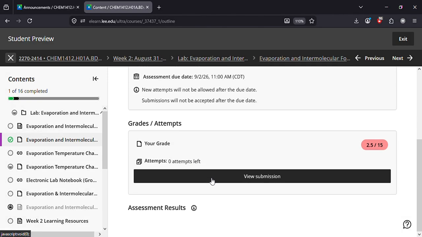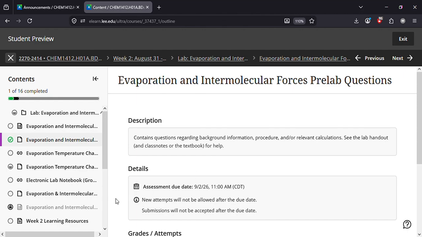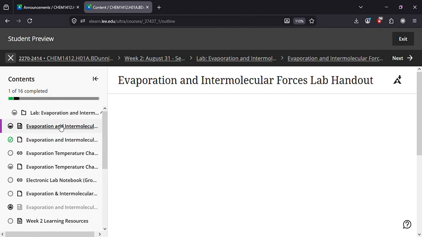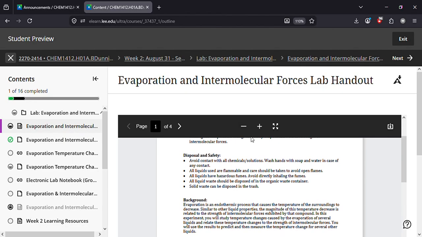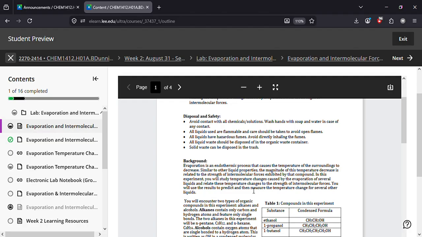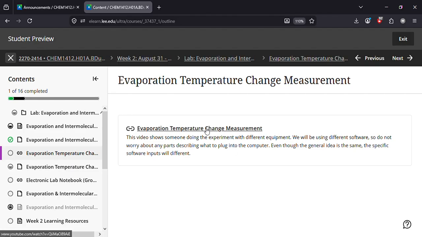Once you're done, you'll be able to see the due date. I recommend you actually look at the questions. I also recommend you look at the lab handout. All of the questions are in the lab handout, and the answers can be found in the lab handout. So I encourage you to take a look at that when you're doing it. Then you'll note there's a link here